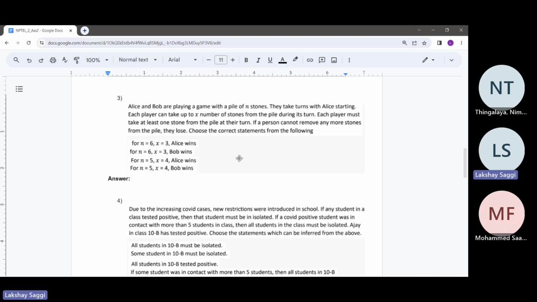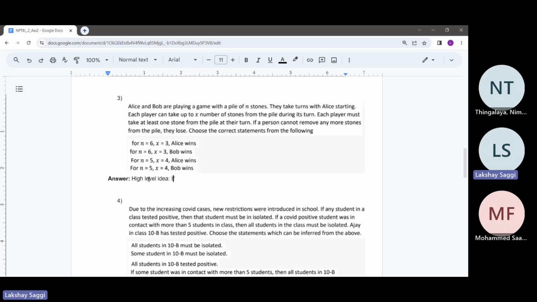So the winning criteria of Alice and Bob will differ on the values of n and x, which are given to us. For different values of n and x, different winners will arise. Sometimes Alice will win, sometimes Bob will win. So I'll just give a high level idea first and then discuss the options. For this problem, a very high level idea is